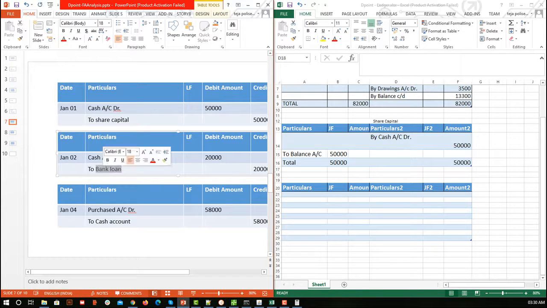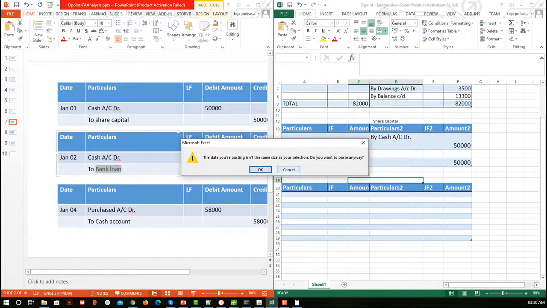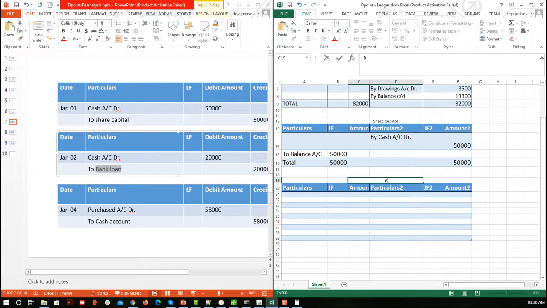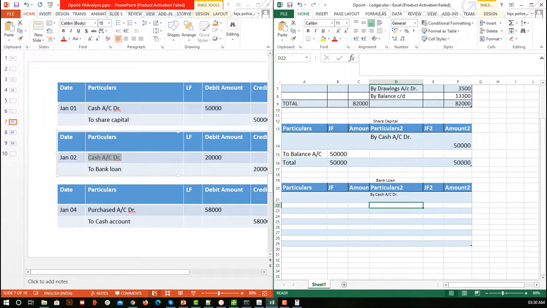So we have to start with the bank loan account. So we are going to enter bank loan. Okay, let's write bank loan and see what all transactions are involved. So here in the bank loan account we can say cash is there. Since that is on the debit side, we are going to write by. Okay, so this is by, and what is the amount? 5800.